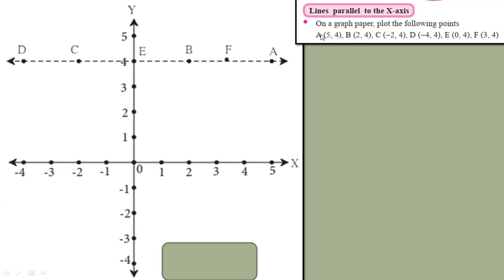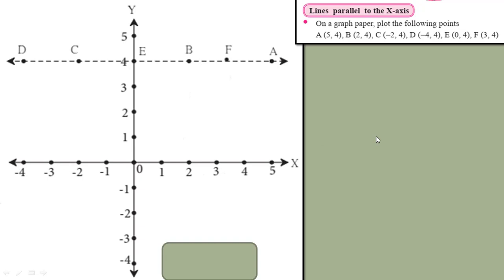Then we'll draw one line at 5. So this point will be A. B will be at 2, we'll draw one line. We locate B. C, -2, so -2 x coordinate here. Then D, -4 here. And E is 0. X coordinate 0 means here on the line, so point E will be here. And point F will be 3. So then this line A, F, B, E, C, D is one line. This line is parallel to the x-axis.